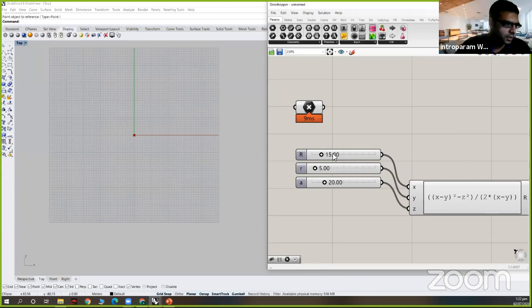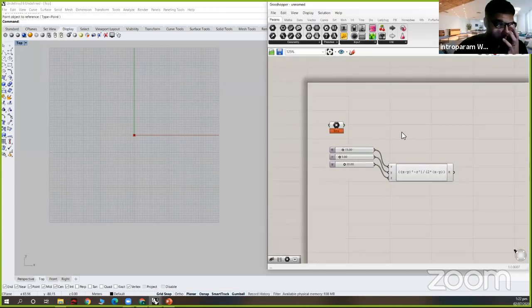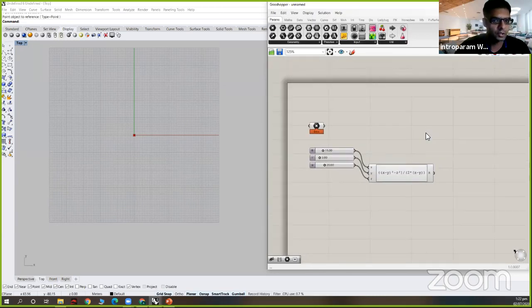So we've given these three values. Now we need to use these three values to make the geometry. The first thing I did is I moved this point down the x-axis so that I can get the second radius. This is the first radius, the point for the first circle. And now we need a center point for the second circle. So what we simply do is